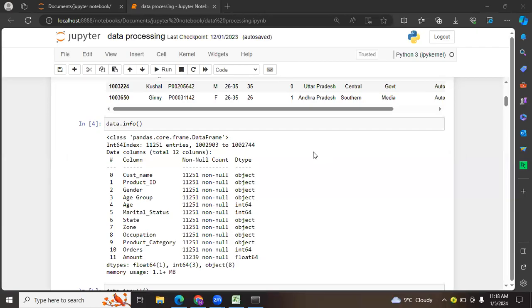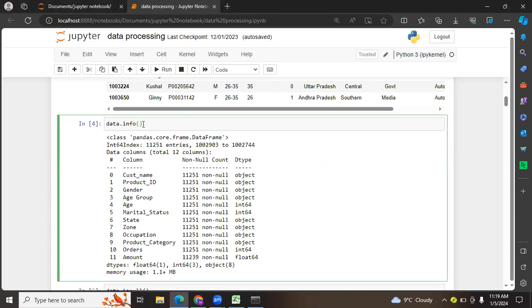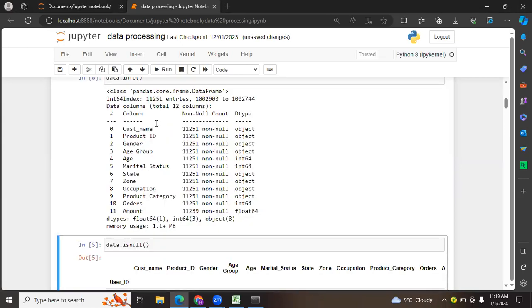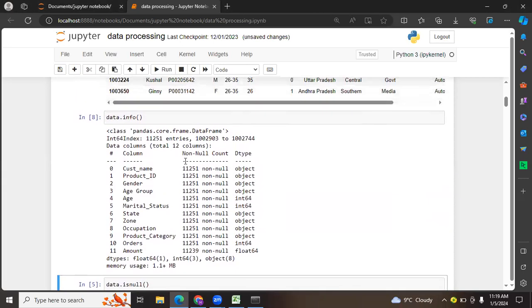So now, as you have loaded your dataset in the Python environment, we have to deal with the missing data. Let's see what the missing data is in this example. We can just use data.info to get some overview of our dataset. When I run this, I get this output, which says that the total entries in our dataset are